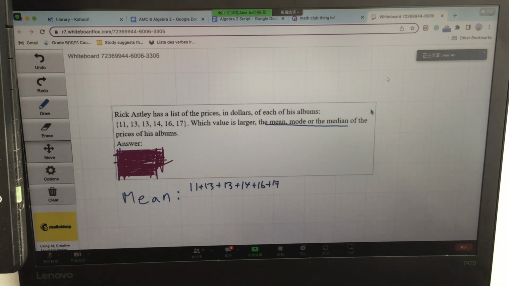And in total there's 6 numbers here, so we divide by 6. And then the top is just 84 over 6. So the mean is 14. And now for the mode,